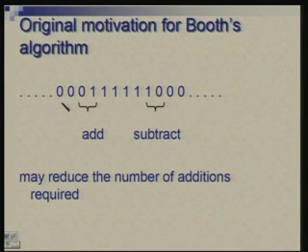Well, this algorithm which I mentioned as Booth's algorithm was originally devised not for signed multiplication. Its motivation originally was something different, which was as follows: if you have, let us look at the multiplier b. If you have a row of ones, as per the logic, we are doing something when there is a change from 0 to 1 or 1 to 0.